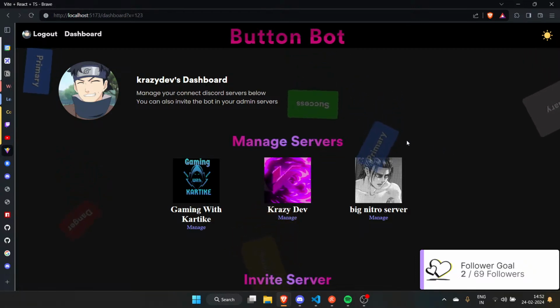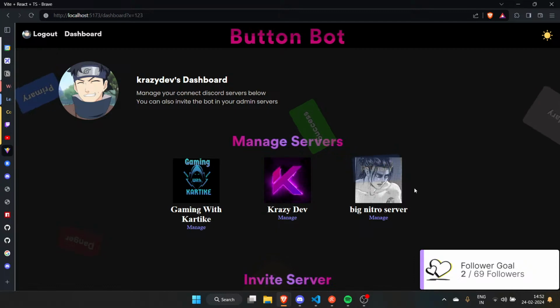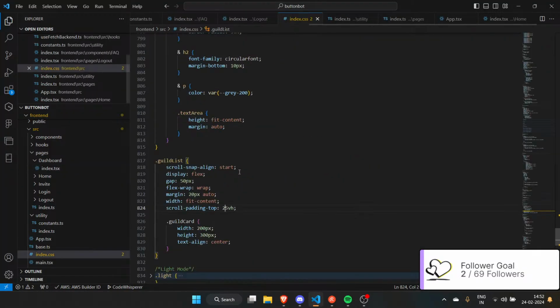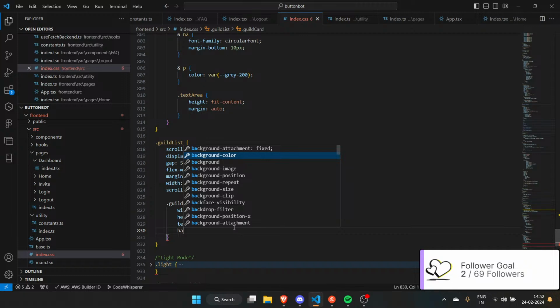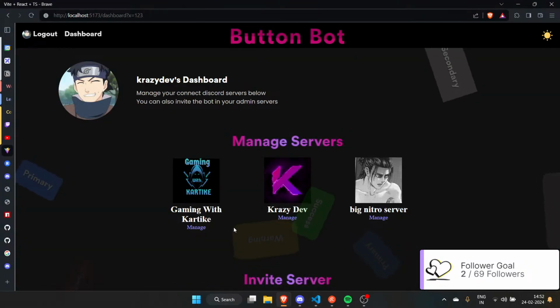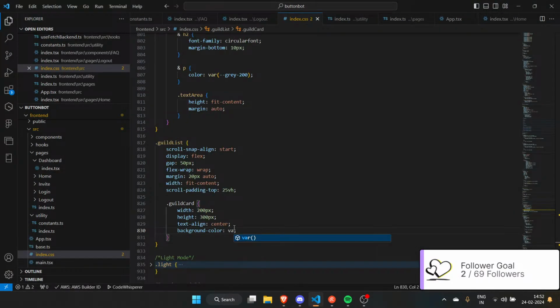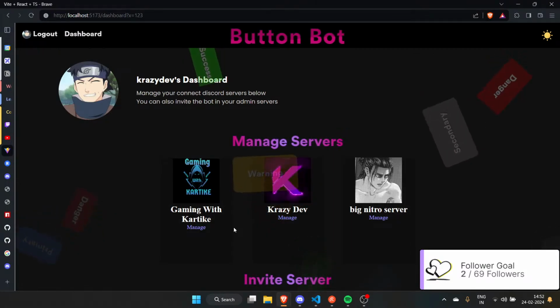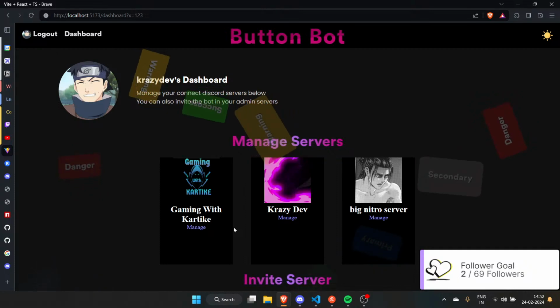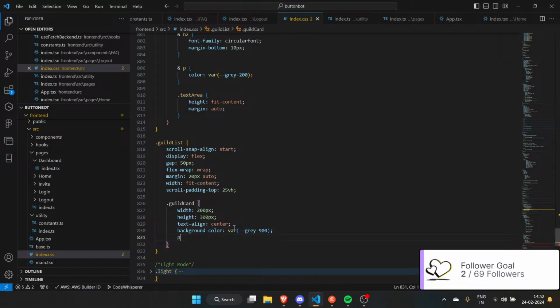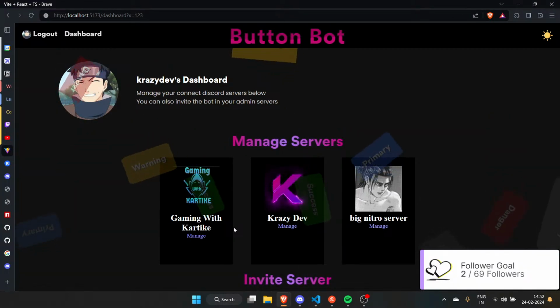So I guess let's start designing the guild card, all right? Otherwise, I'll just start procrastinating or something. The background color in the dark mode should be obviously dark. And then I like to have a bit of padding of like 24 pixels and 10 pixels maybe. I don't know.